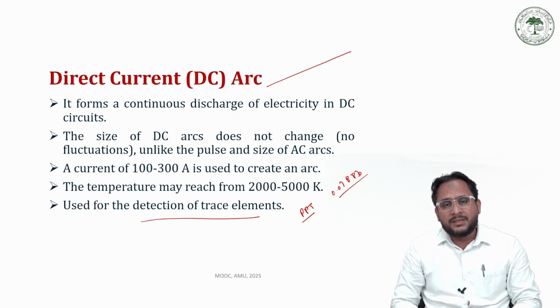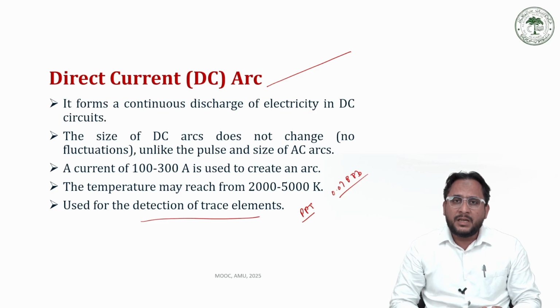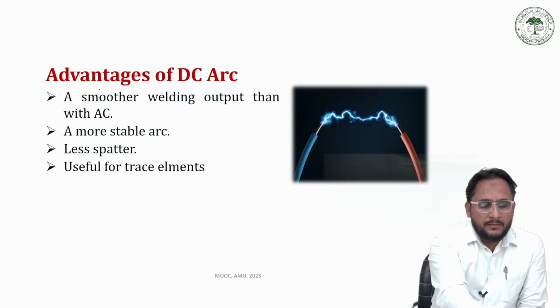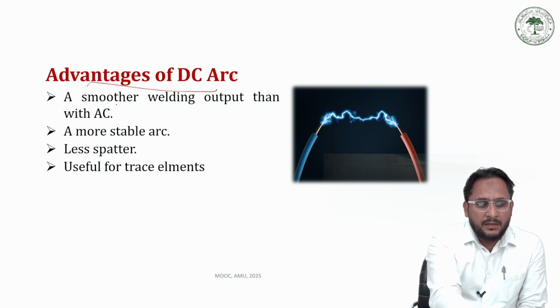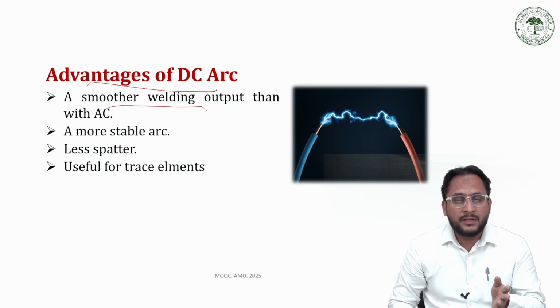Therefore, for such a dilute sample containing trace quantities of some elements, we always prefer the direct current arc or DC arc. And the advantages of this DC arc: it can be used for welding purposes as well, which